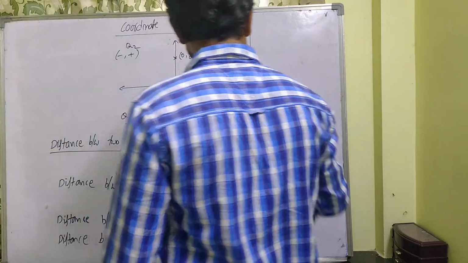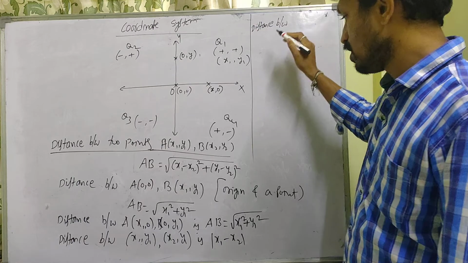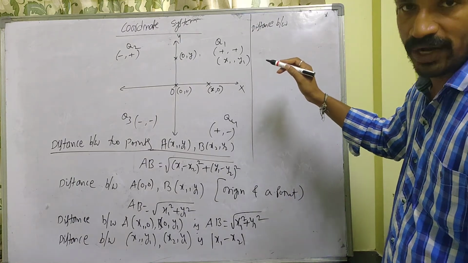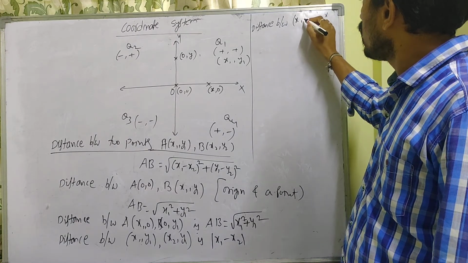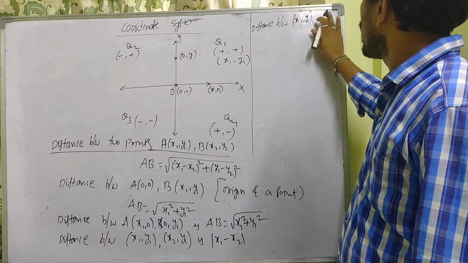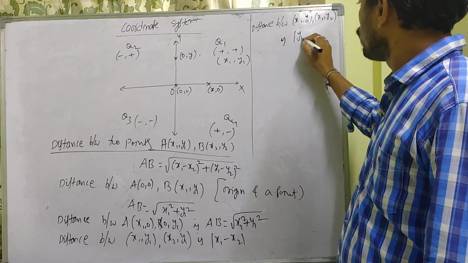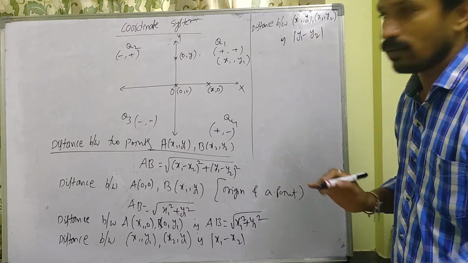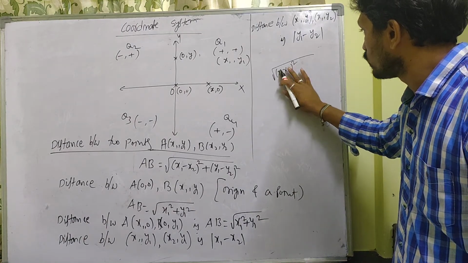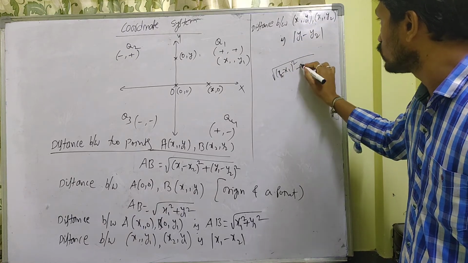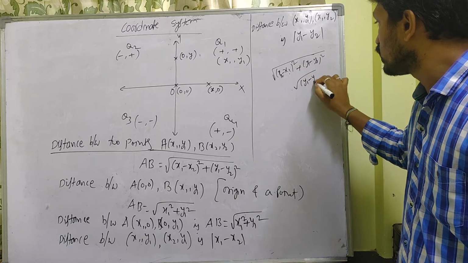Similarly, distance between 2 points which lie on the vertical line. So vertical line, how it will be, x coordinates are equal, x1 comma y1 and x1 comma y2 is modulus of y1 minus y2. Because in these two cases we will get x1 minus x1 whole square. If you take this one only, x1 minus x1 whole square plus y1 minus y2 whole square. So this is 0. So root over y1 minus y2 whole square.